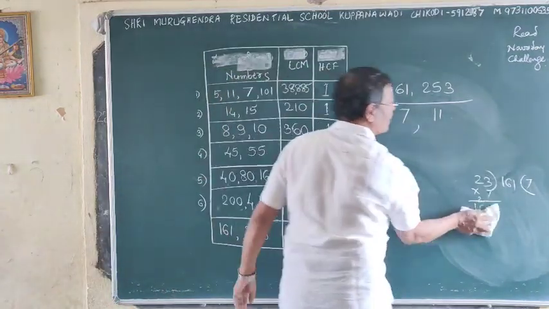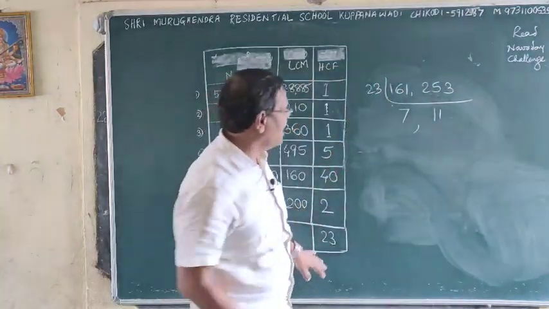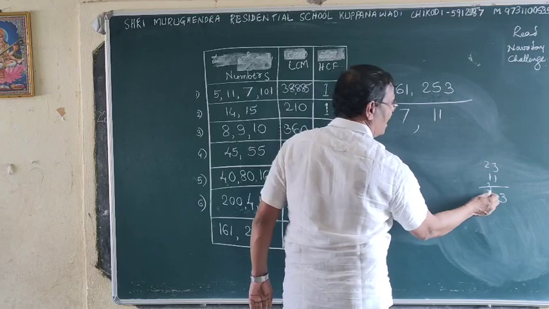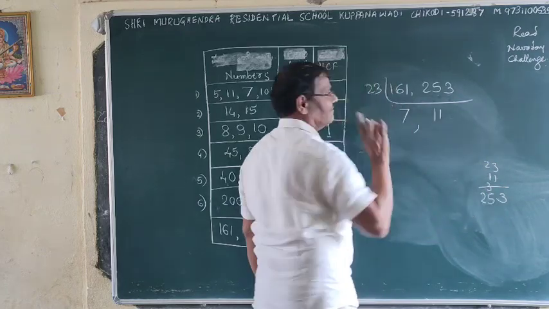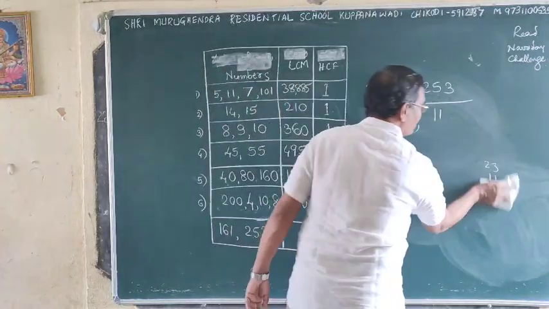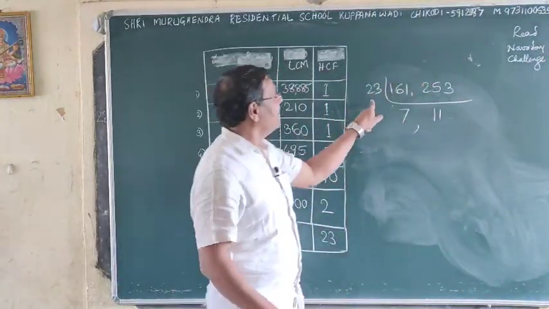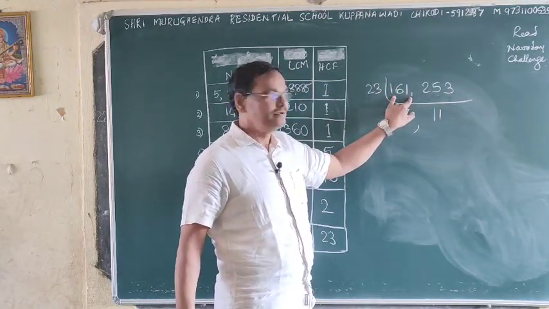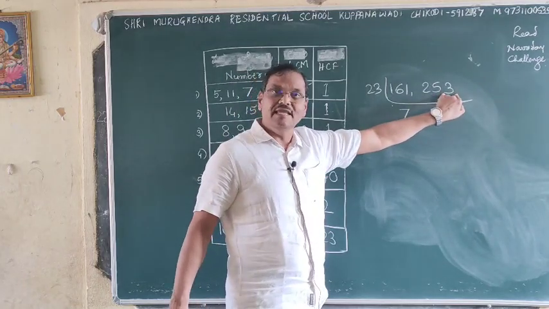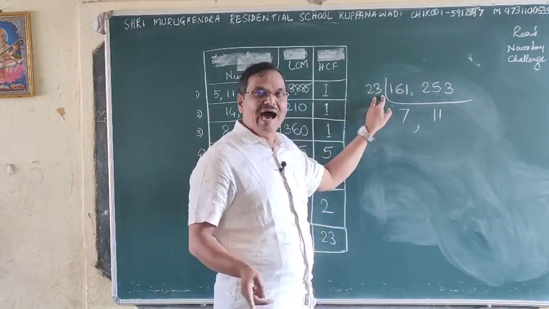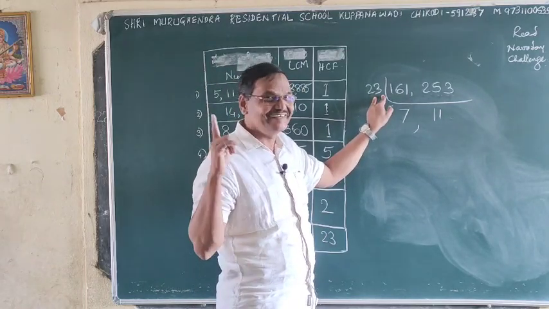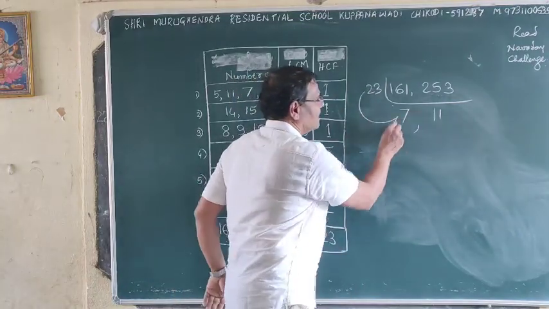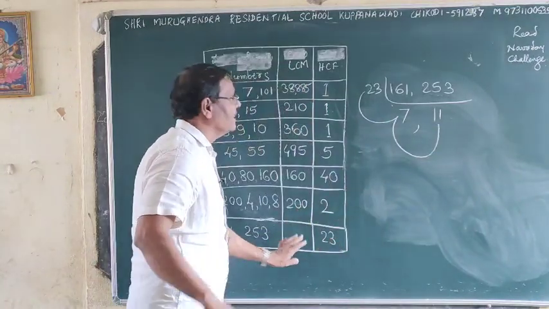Okay. If you want to check, then 11 23s are 253, 11 2s are 22, 25, 11. See here, 7 23s are 161, which is already known. Then if we want 3 here, then 1 is required, or else 11 is required, isn't it? So I concluded that 7 and 11 are different prime numbers. Then you can multiply all this and put it as the LCM.